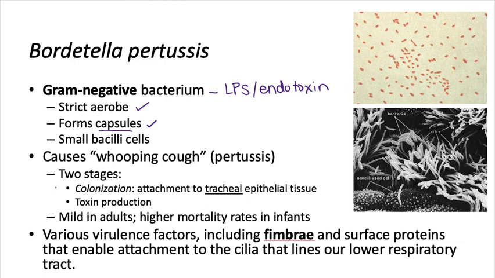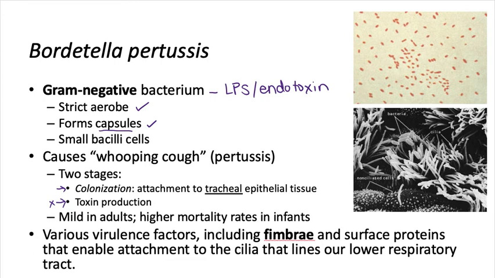So the infection can be treated in the colonization stage, but after colonization and growth occurs, then toxin production begins, and antibiotic treatment will not help the toxin production stage. The infection tends to be mild in adults. You have a thick, heavy cough for a couple of weeks, but the infection will go away. It's much more dangerous in small children and in infants, and the mortality rate is higher in the younger age